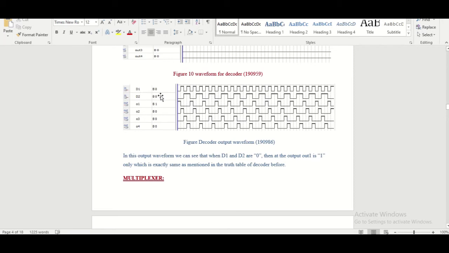So NOT of D1, NOT of D2 is 1 1. So AND of 1 1 is equal to 1. So output 1 is 1. Here you can see by looking at this waveform that when the first input D1 is 1 and the second